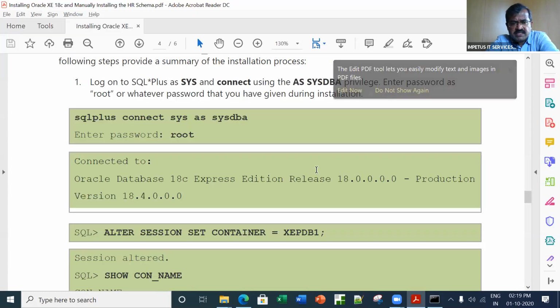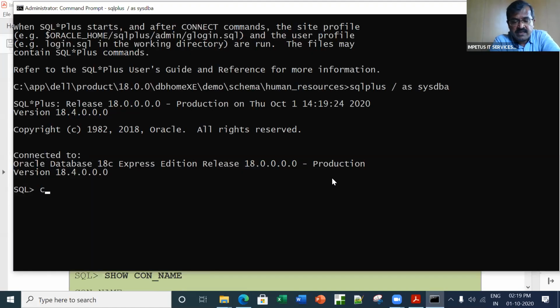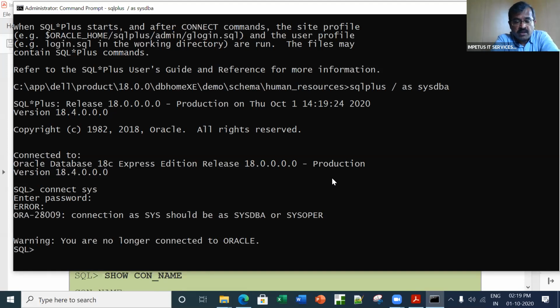Now that we are logged in as a DBA, just to be extra sure, what I'll do is say connect sys, and the password was root. Okay, now it says you have to be logged in as sysdba. Okay, sys as sysdba, and the password is root.